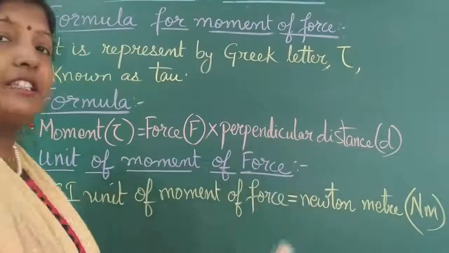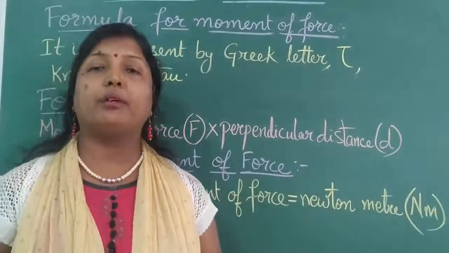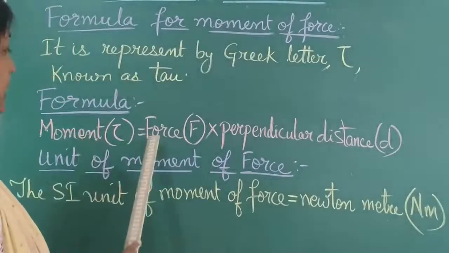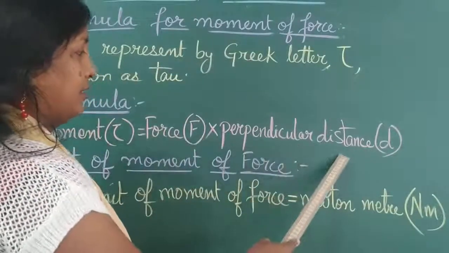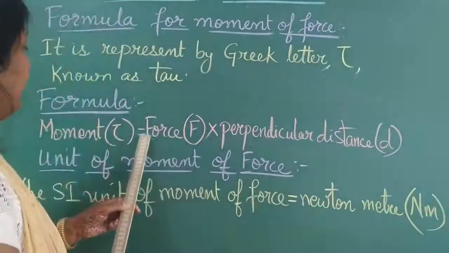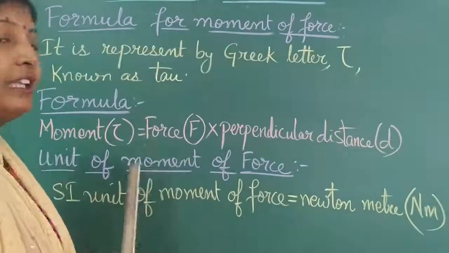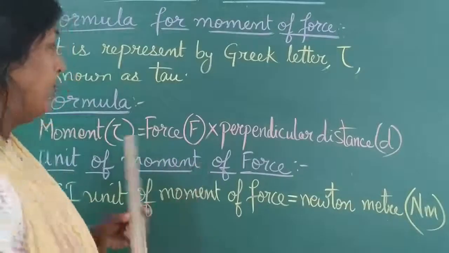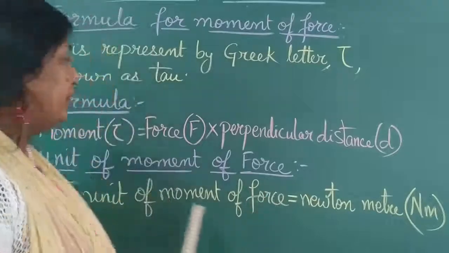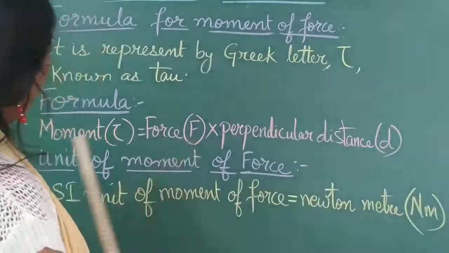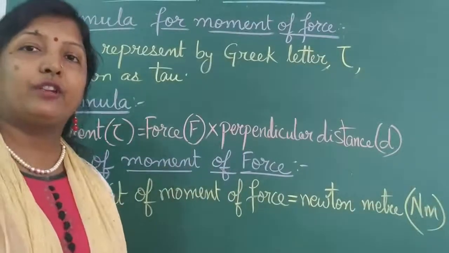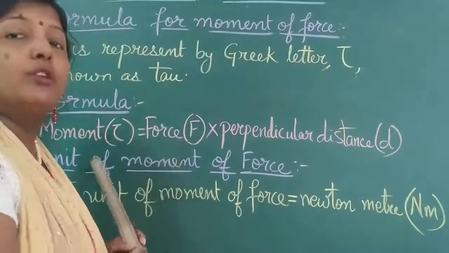So here the formula itself says the factors. Children, if you have to remember the factors affecting, the formula is the best place to understand it. You see here, moment is equal to force into perpendicular distance. And I have told you, whenever you want to know the factors affecting, see if on the equal to sign both of them are in the numerator, they are directly proportional. If one is in the numerator and one is in the denominator, they are inversely proportional. So here the moment of force and force are both in the numerator, so they are directly proportional. So in the factors affecting, we said the more the force applied, the more the moment of force.